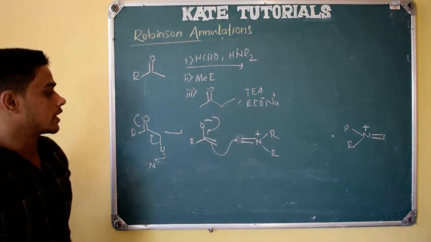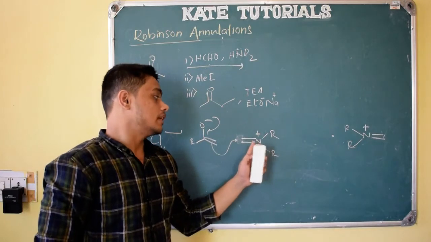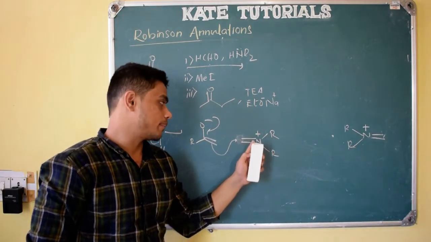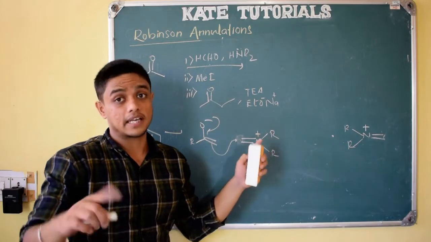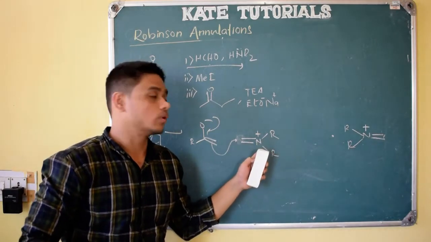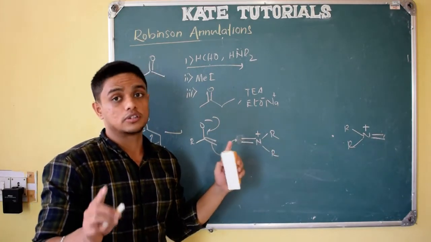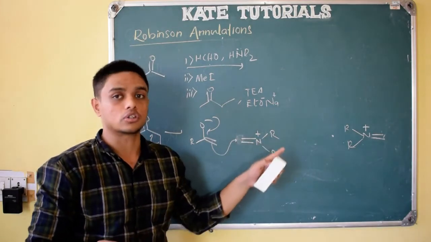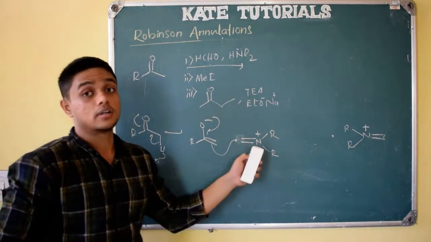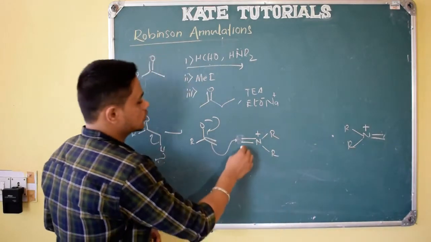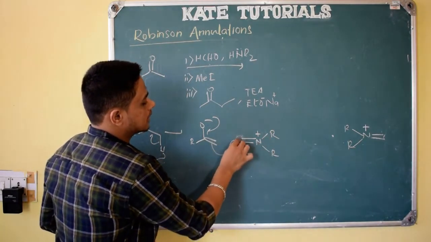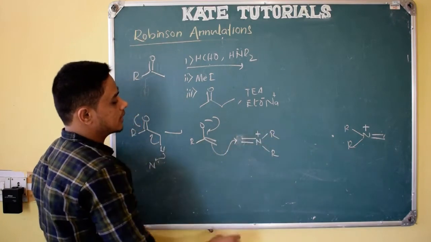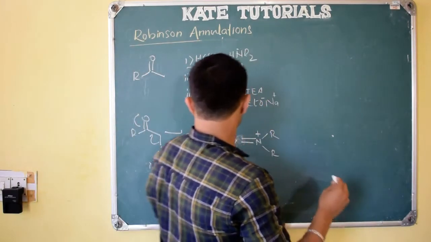And one thing you remember, carbon will be more electrophilic compared to nitrogen, because nitrogen can't hold this positive charge, but it can hold negative charge as they are electronegative. But carbon can hold positive charge compared to nitrogen, oxygen, right? But these can hold negative charge. These things you remember. So this carbon will be more electrophilic compared to nitrogen. So this electron density attacks this carbon. So what will we get?